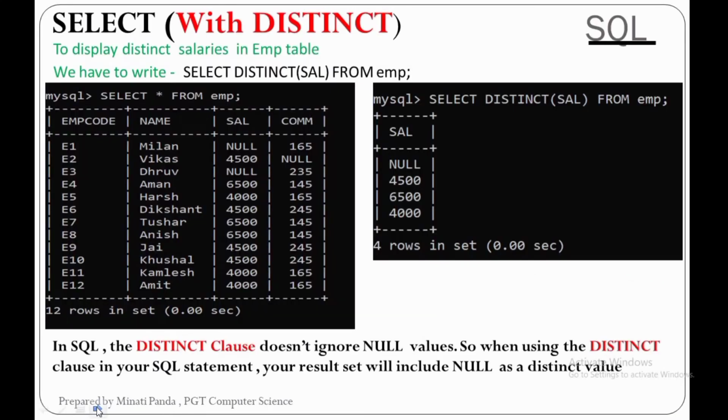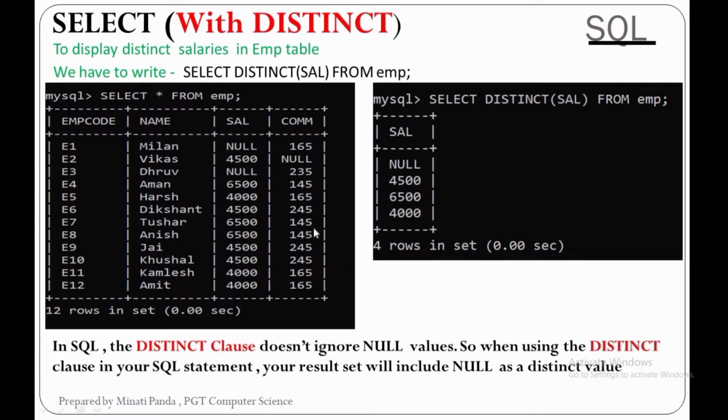Now let's discuss some examples. There are 12 records in the employee table. If we write SELECT SAL FROM EMP, it will give 12 records, and it will include all the duplicate values also.